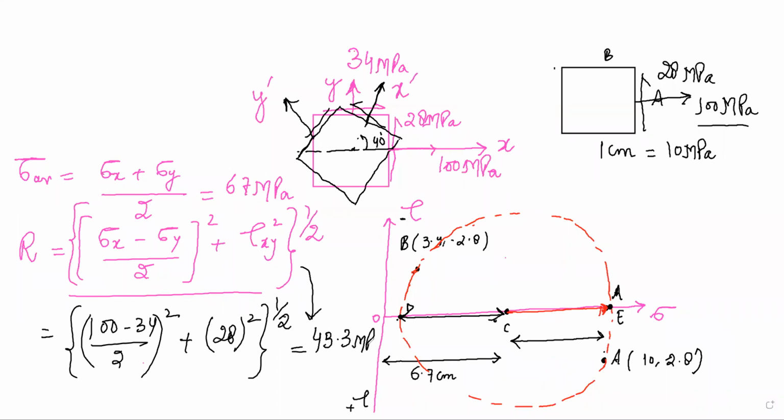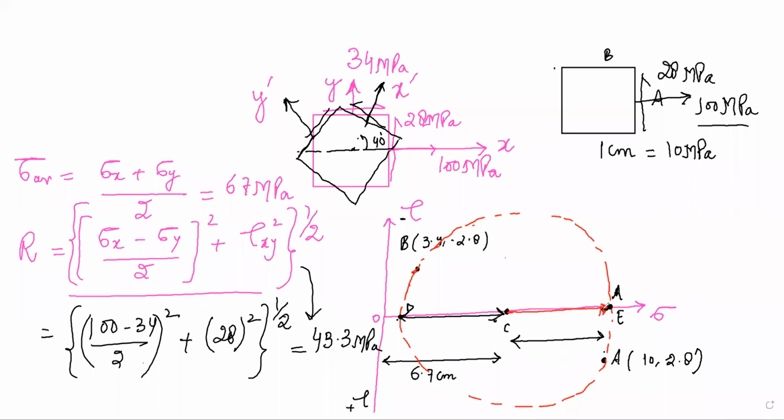Now you verify it by taking the scale and measuring the distance CA. You have to do it on a graph copy. So you'll be measuring this distance. Is this okay? Are you getting me? Okay, so this is our Mohr circle. But what do we have to do? What does the question say? We have to find the stress distribution on an element which is rotated by an angle of 40 degrees anti-clockwise.